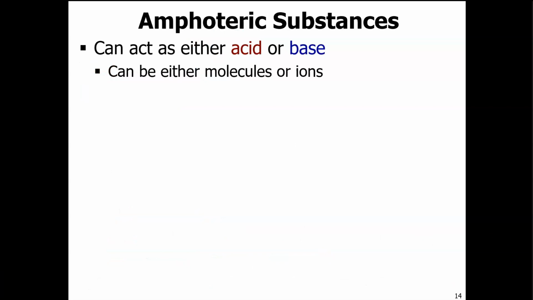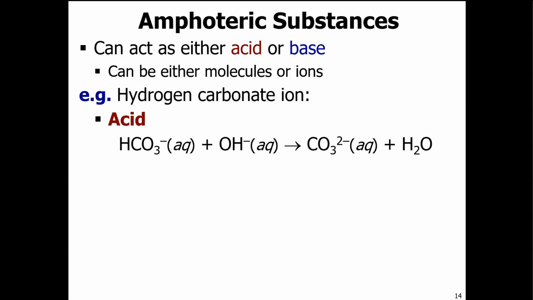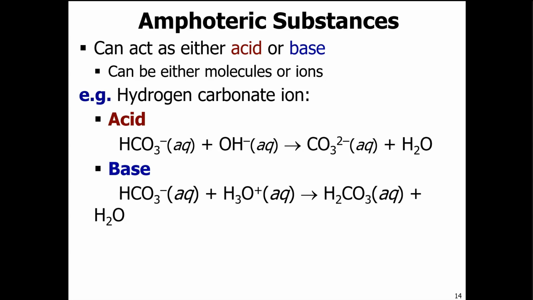Another term that I'd like you to know is the idea of an amphoteric substance, and that's where it can act as either an acid or a base. It can be either a molecule or an ion, and an example of this would be hydrogen carbonate. So if we're looking at the form of an acid, we have H3O+, HCO3-, and OH-. And then we're able to create water and a salt, so it can act as an acid, or it can act as a base by taking on that proton from an H3O+, and we're still generating a salt